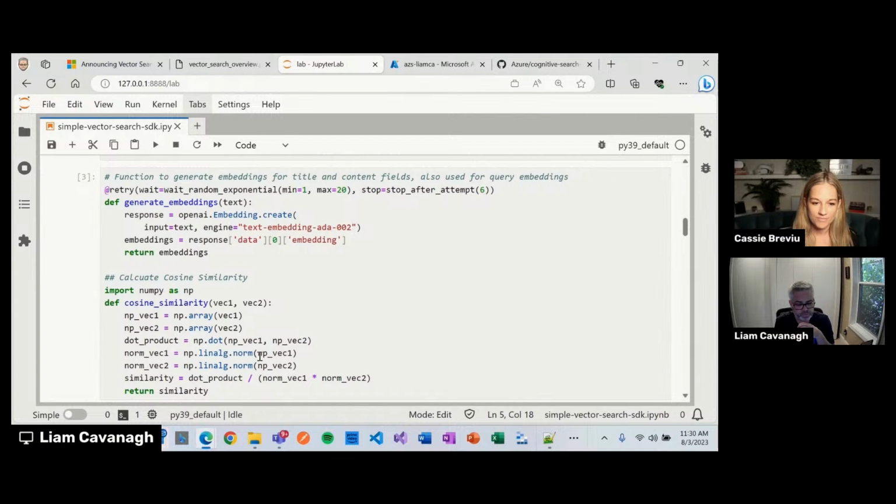However, if you were thinking back to what we were just showing in that architectural diagram, you can do more than text. For example, you can do image search. And in a subsequent session, Varsha is going to come in and show how the Florence model from Vision can be used to convert images to embeddings. But you can also use open source models. Some people create their own custom models that are unique to their industry. So we can support them all.